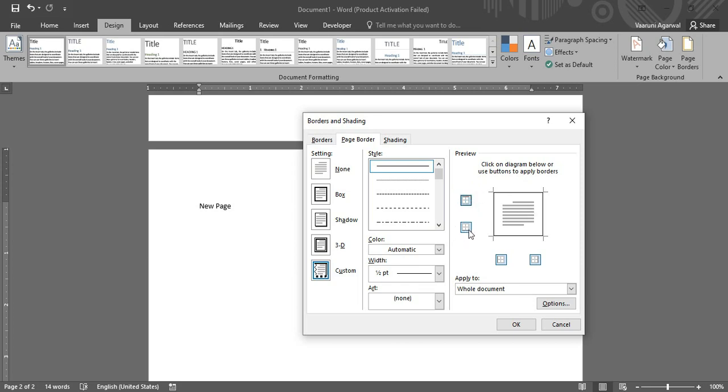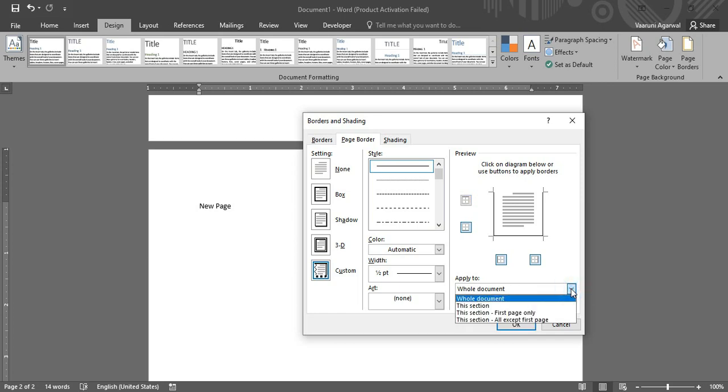If we want to remove the border on the downside, we can do that. Similarly for the left side and the right side as well. So this is how you toggle where you want the border. Suppose I don't want the border on the upper side, I just want it on the three sides. Then there is another option of Apply to.